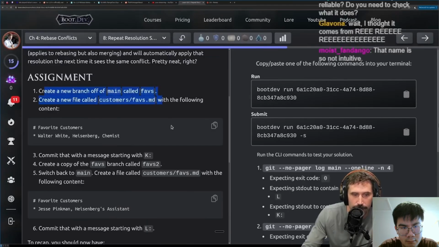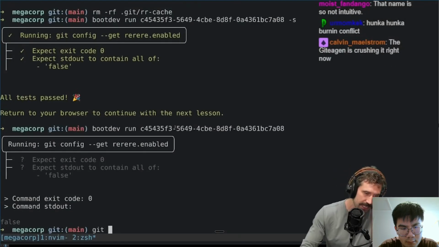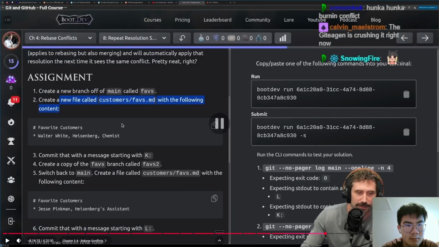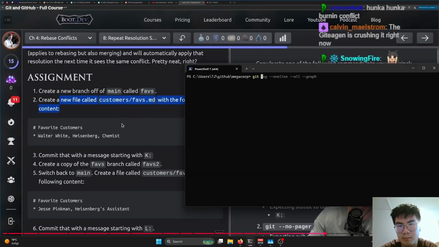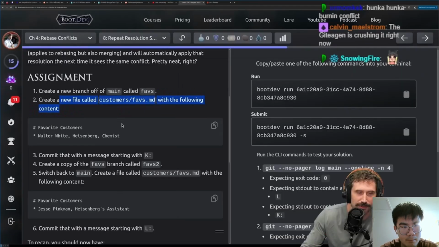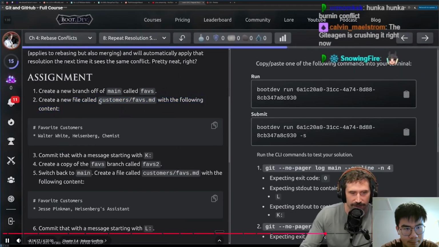All right, assignment. Create a new branch off of main called faves. All right, git checkout -b faves. Didn't you switch? New commands. Create a file called